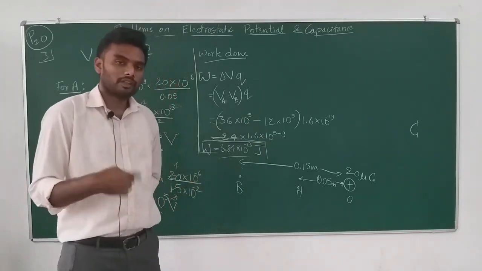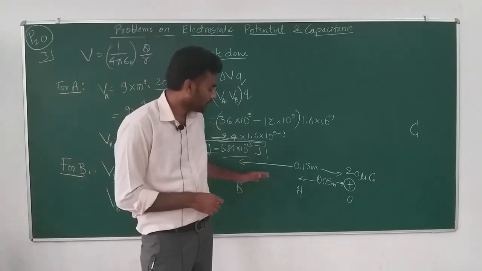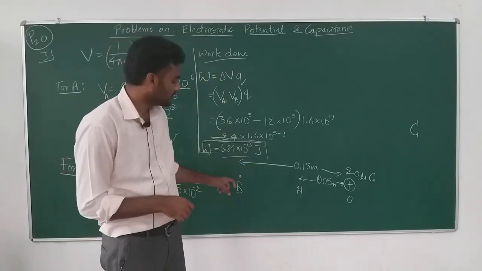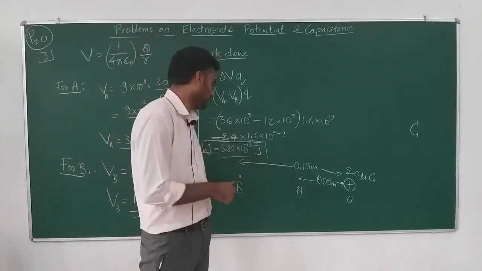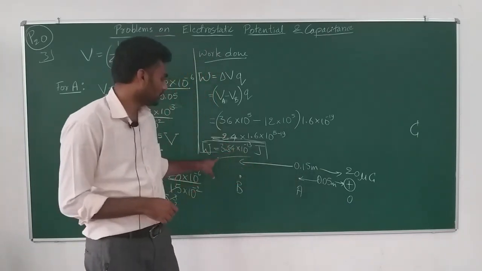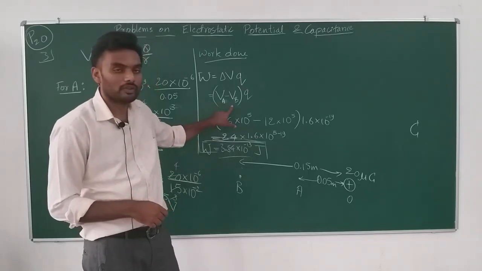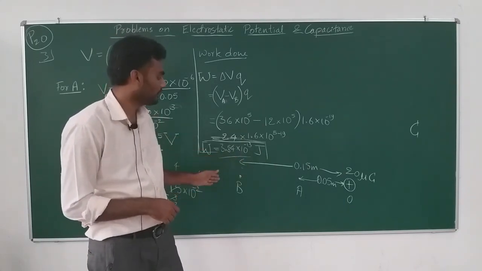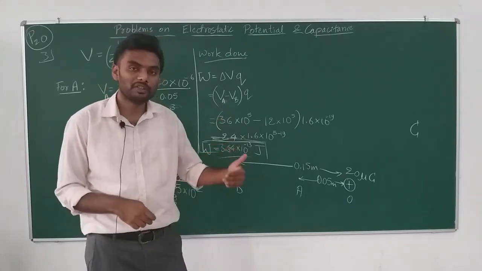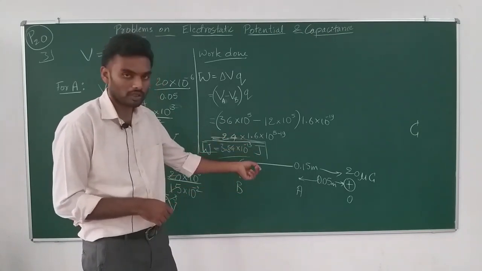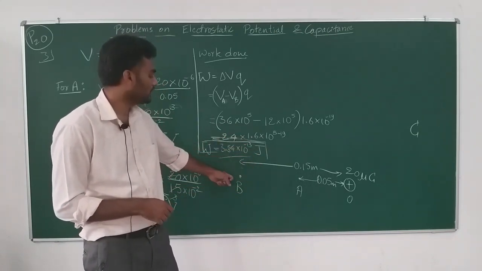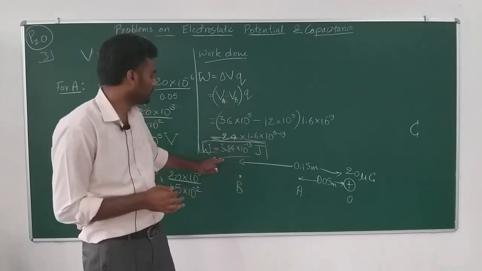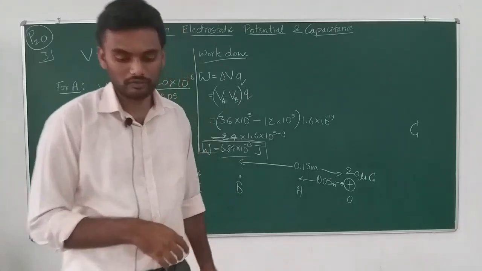So now think the other way. If the work asked for is for the motion of the charge from A to B, then the same amount of work we should have obtained. Instead of VA minus VB, we should have VB minus VA, if it is from A to B. So it is always V2 minus V1, the potential at the final point minus the potential at the initial point. That is how mathematically we can conclude. So this much amount of work has to be done.